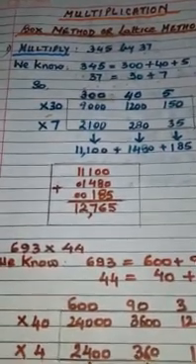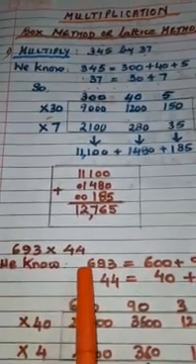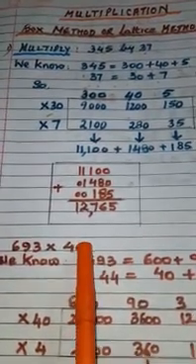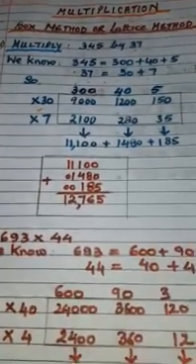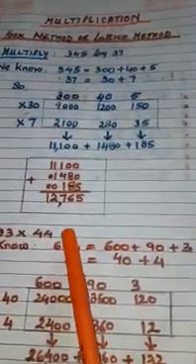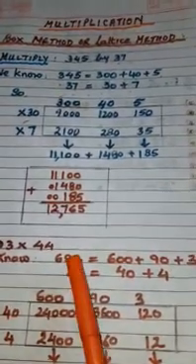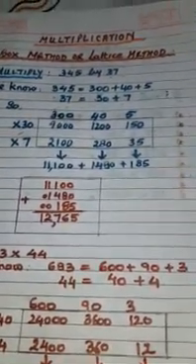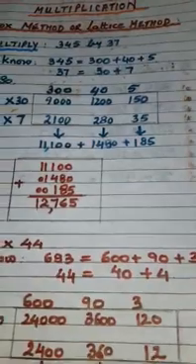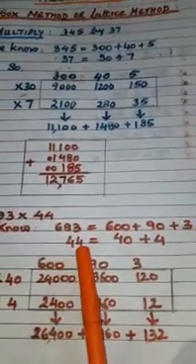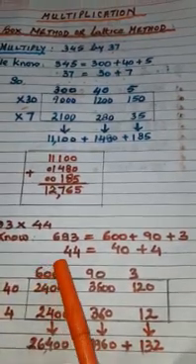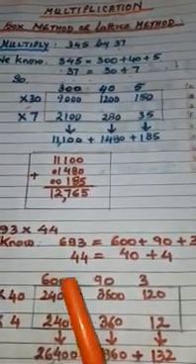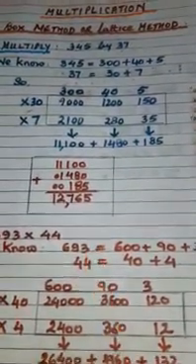What I am going to do? I am going to see this digit 6, I multiply by their place 100. So 6 into 100, 600 I got. 9 into 10, 90. 3 is in the ones place, that is 3 into 1, 3. Now I am going to write this 44 also in expanded form. Here is 44. This 4 is in the tens place and this 4 is in the ones place.